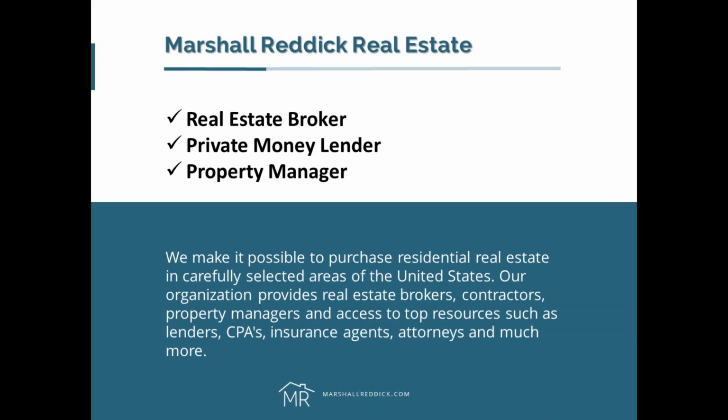All right, so I always like to categorize this slide into two different parts. The top section is really what we do here in California, and the bottom section is really going to cover what we do out of state. So Marshall Reddick, for those of you who are brand new to Marshall Reddick or have been with us in the past, things have changed, especially over the past few years. So to give you an update as far as what we do here as a company,